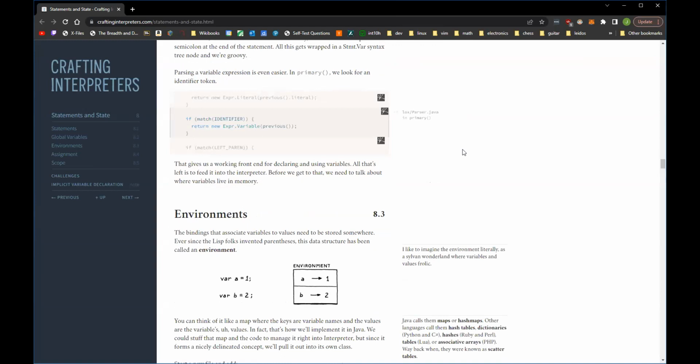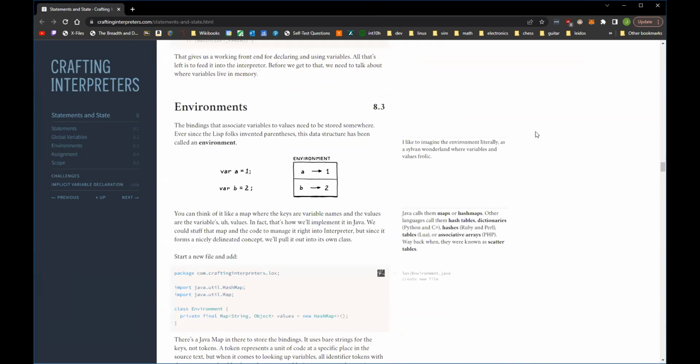I feel like the author purposefully leaves out obvious features to inspire readers to add more stuff. And he has those sections at the bottom that don't tell you how to do things, but challenge you to add new features. So I like that aspect of the book. Yeah, it's pretty open-ended.